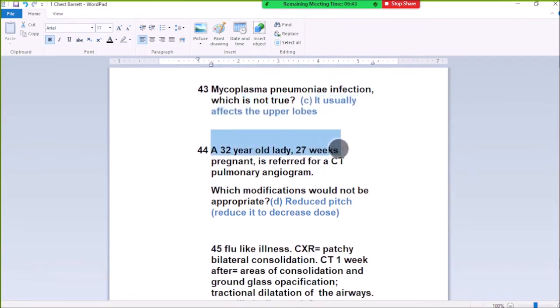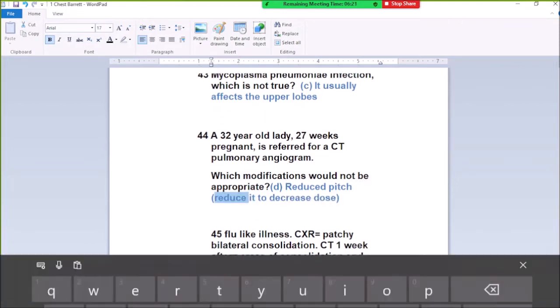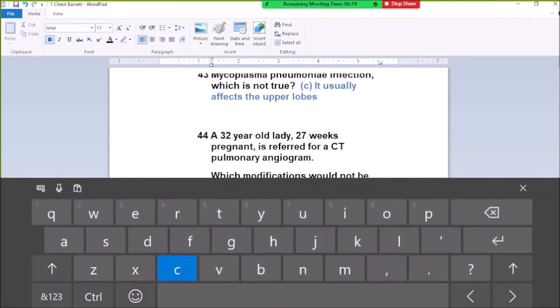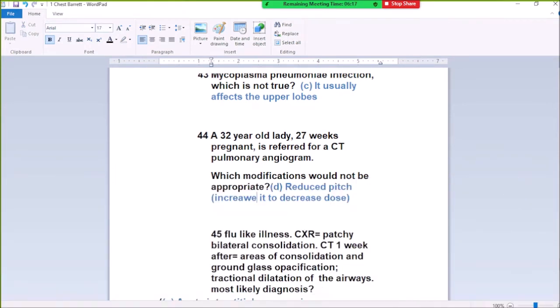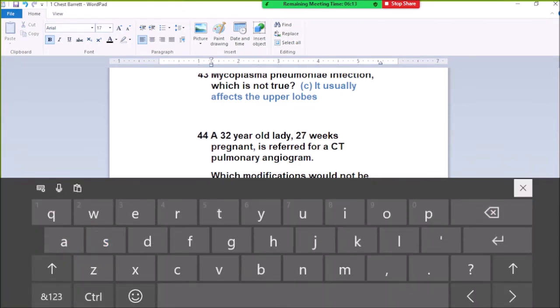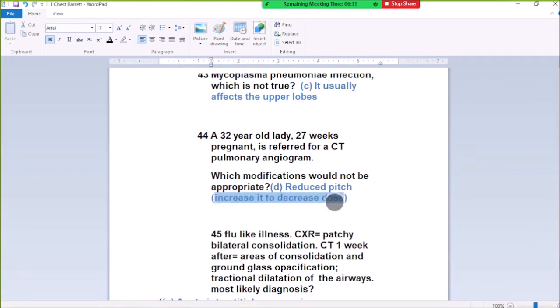44. A 32-year-old lady, 27 weeks pregnant, referred for CT pulmonary angiogram. Which modification would not be appropriate? Reduce pitch to decrease dose. Now look here. For CT pulmonary angiogram, if you reduce the pitch, then it will increase the dose. But if we increase the pitch, it will decrease the dose and will be more